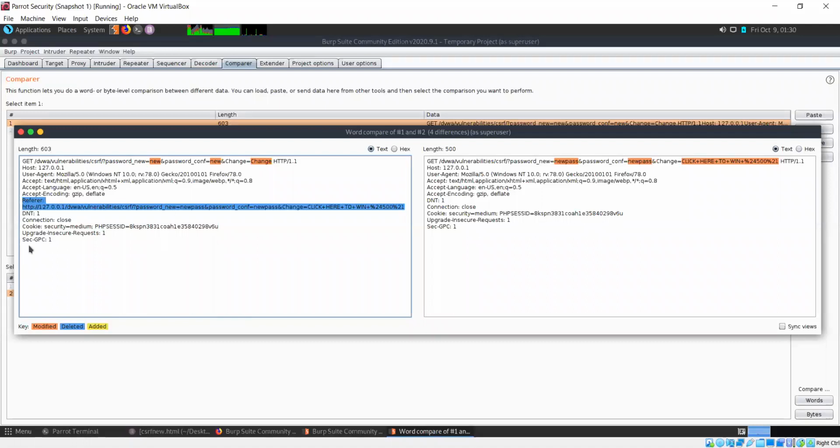There is an HTTP header known as referrer in our request, but there is nothing like that in the request that is being sent from our spoofed page or fake page that we made. So in order to get this to work, we need to add this header.